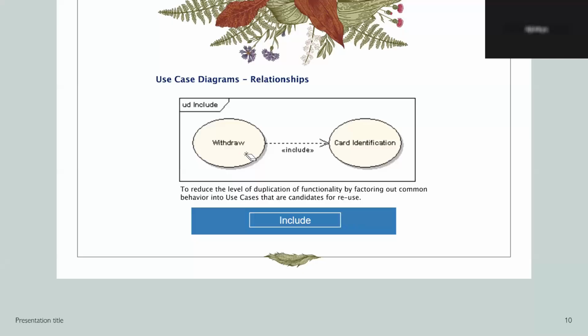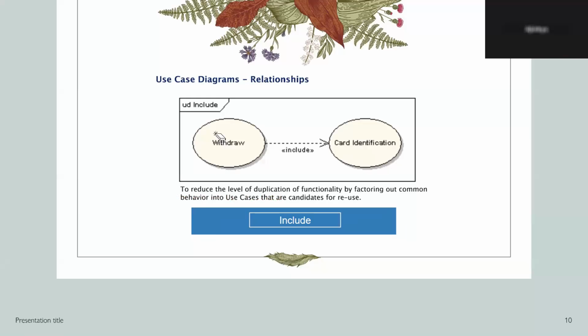Once you enter your PIN number, then only you can withdraw the money. That's why the relationship between these two use cases is include, and that's why the arrow is like this. First card identification should be done, and then only we can withdraw the money. This is called the include relationship, to reduce duplication of functionality by factoring out common behavior into use cases that are candidates for reuse. So it's just a theoretical statement.